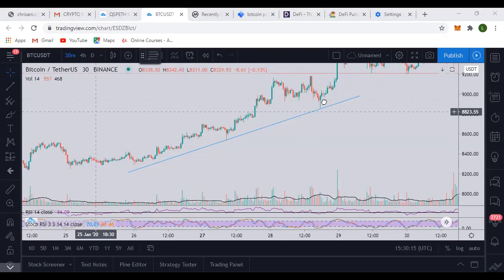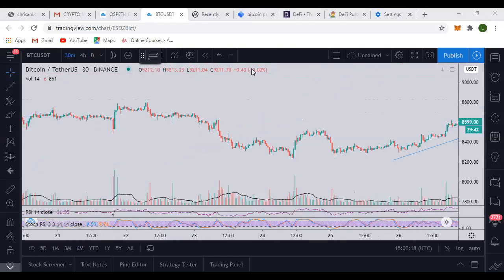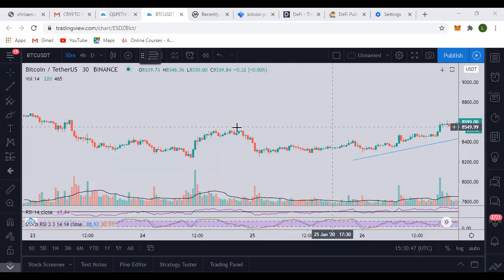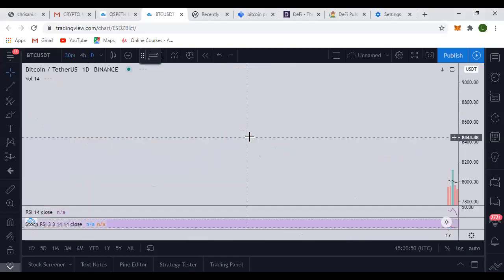I wanted to show us when the market was trending low, so that we'll also understand that it goes both ways. There are times when you're having higher highs and higher lows, and there are times when you're having lower highs and lower lows. When you have lower lows and lower highs, the market is having a downtrend. Okay, but let's not go into it. Let me go back to what I was teaching earlier, which is support and resistance.